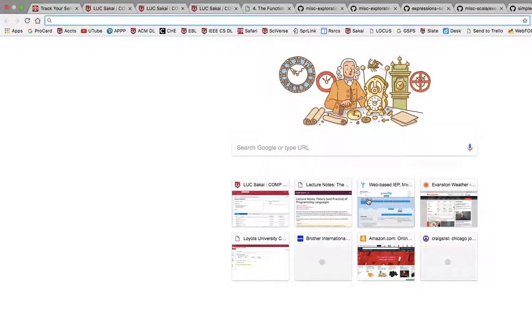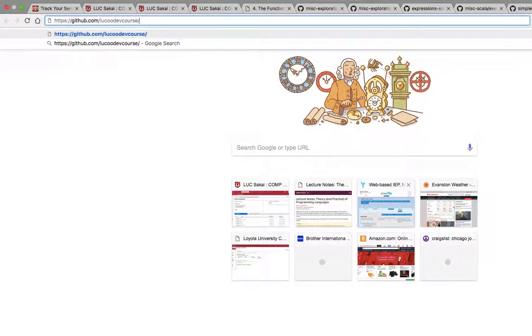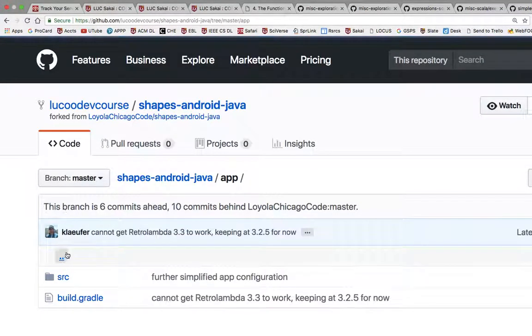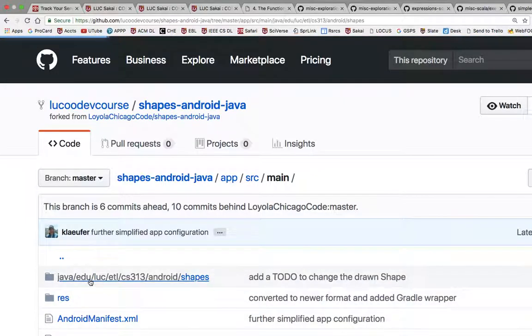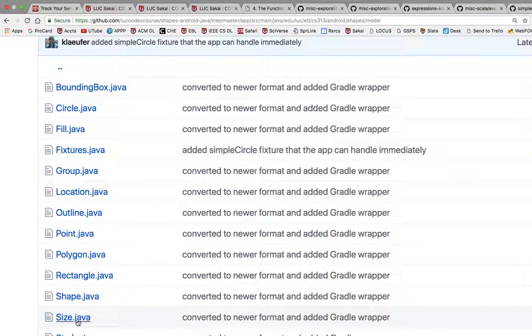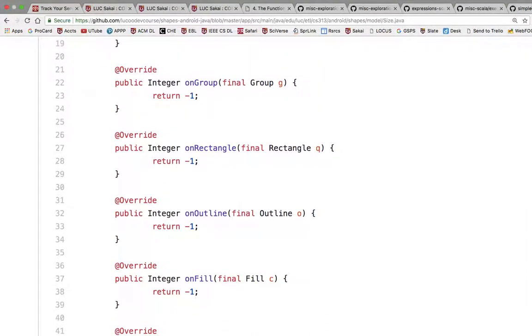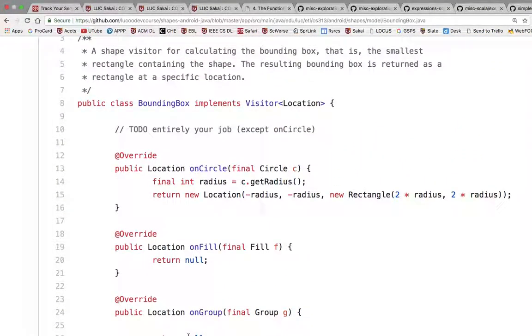So let's pull up shapes. Same thing. Right. So